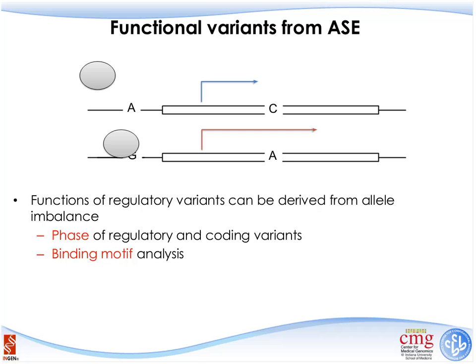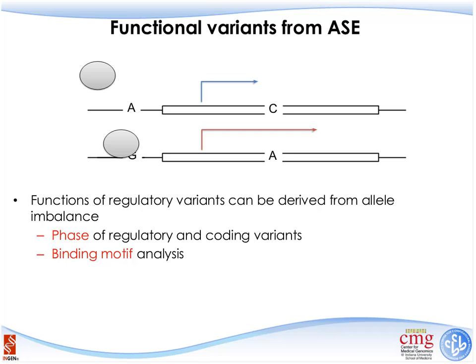And we know that from the RNA sequencing data, we can only measure the variants in the transcript region. So the heterozygous variants in the promoter region may not be measured, even with DNA sequencing. And if the two variants are pretty far away from each other, we may not be able to measure them very effectively. So phasing is required in order to proceed with this type of study.